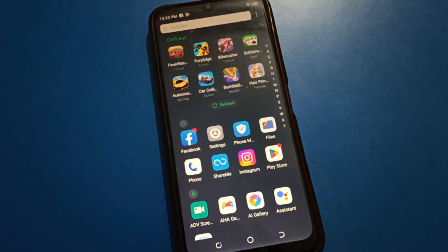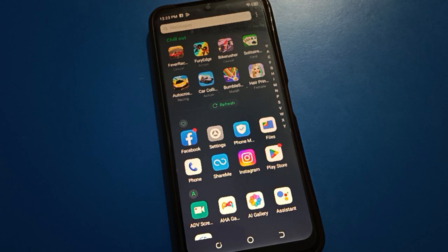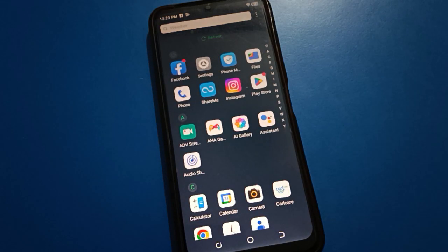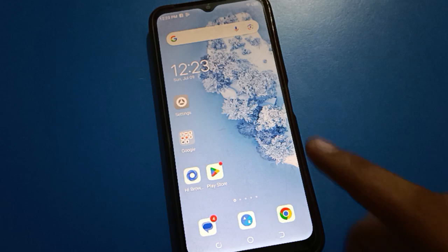In this video, friends, I am going to show you a Facebook setting, and today's video title is how to edit cover picture on Facebook. Friends, if you want to edit your cover photo, your cover picture on your Facebook account, now let's see how to edit. One by one we will talk about it. Without wasting time,